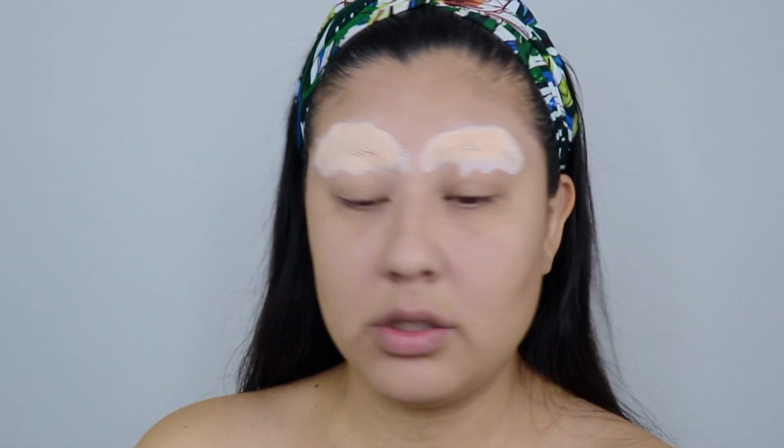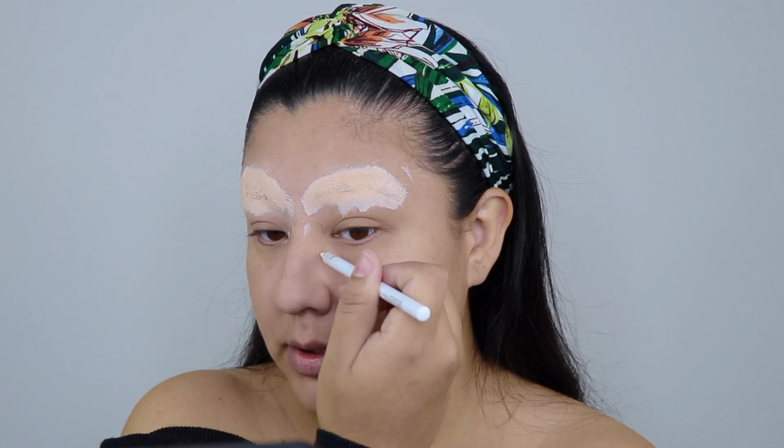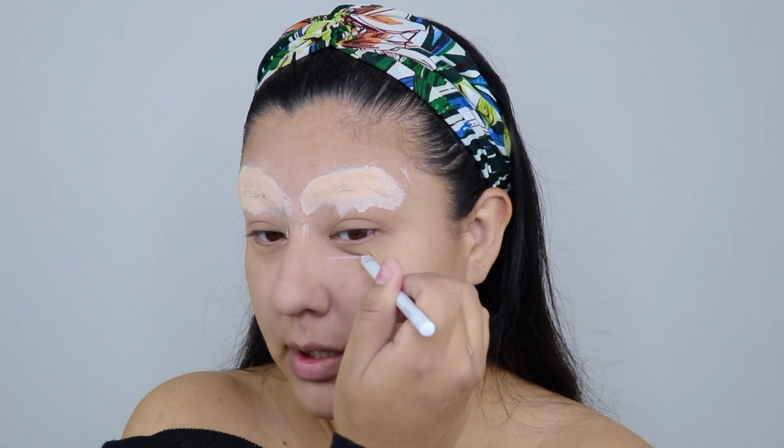I'm gonna sketch it out first using a pencil, and this is the LA Colors. This is actually an eyeliner, but it works so good when it comes to tracing out and outlining things. So I'm gonna give this alien some big old bubbly eyes. I want to say from here to there. So from here, I'm gonna mark how big I want them, and then I'm gonna start drawing them out. So let's start off underneath my eye